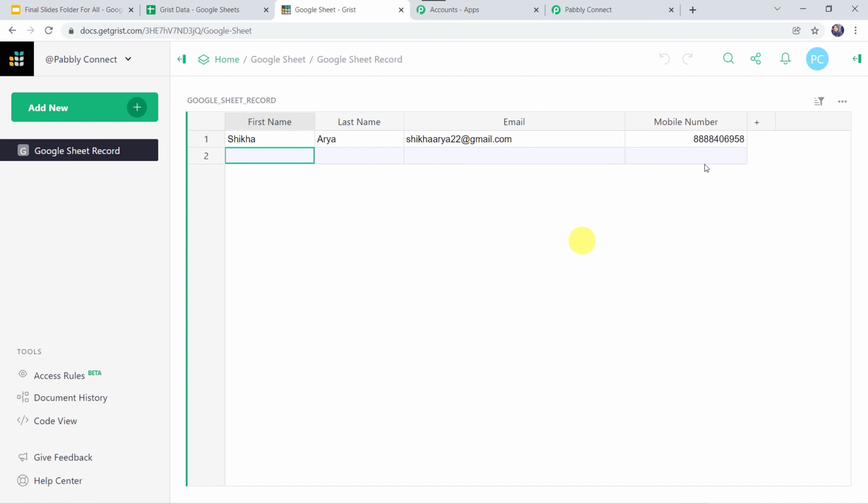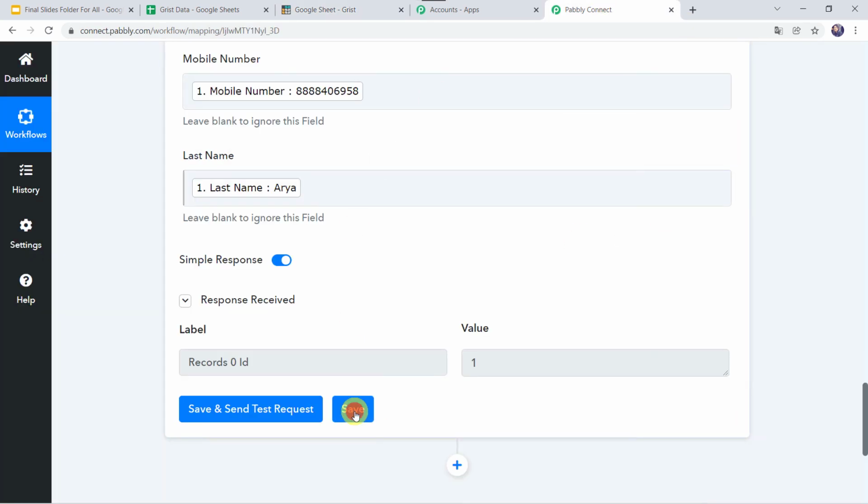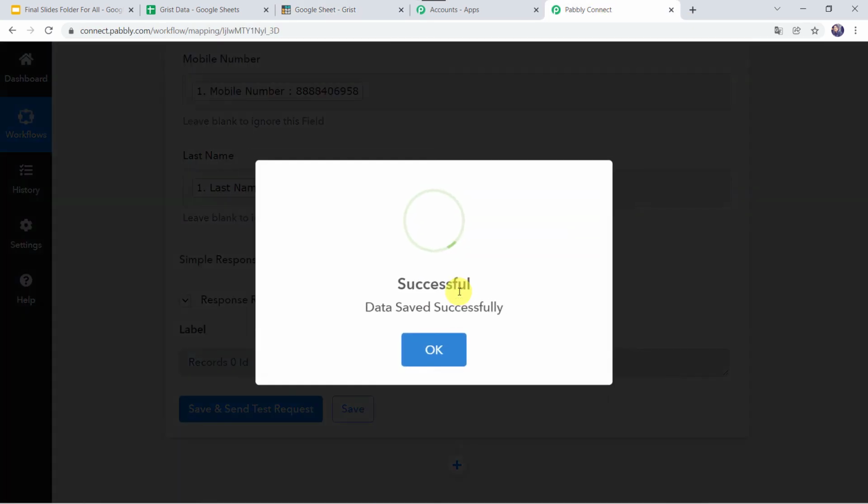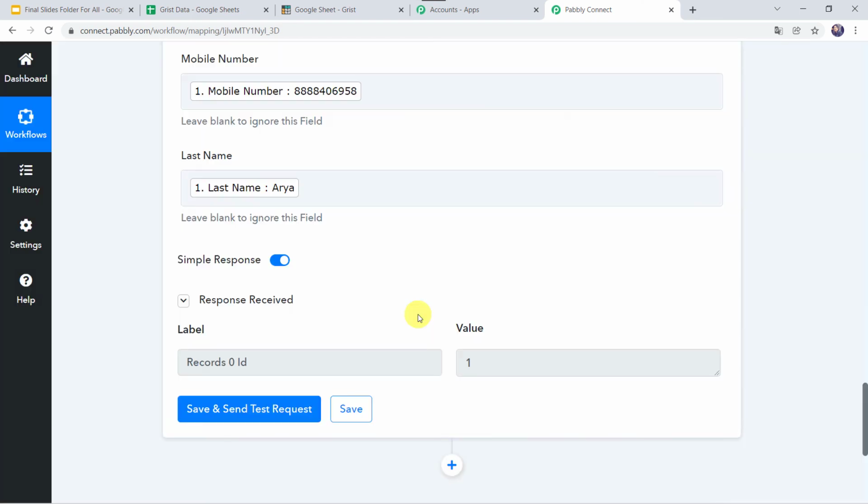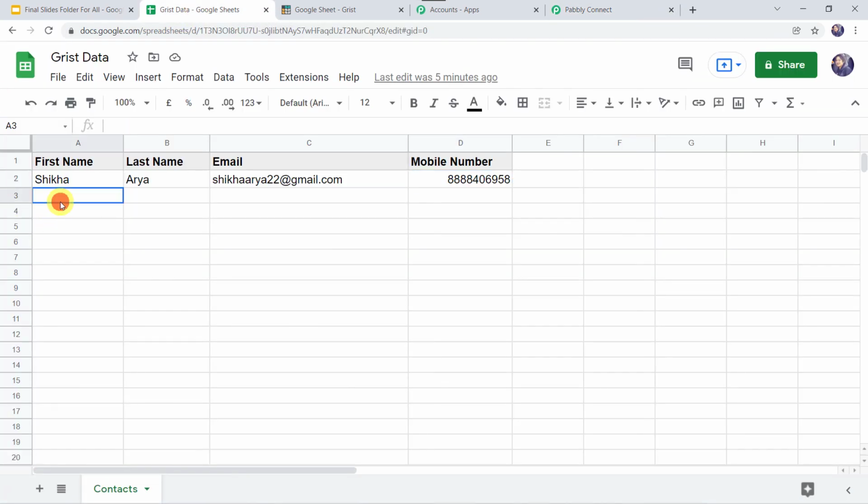Okay, so now let us move back to Pabbly Connect. I'll save this workflow first. Data saved successfully. Okay, so now we have to check this in the real time. For that, I'll again go to the Google Sheets and let us add the details over here.